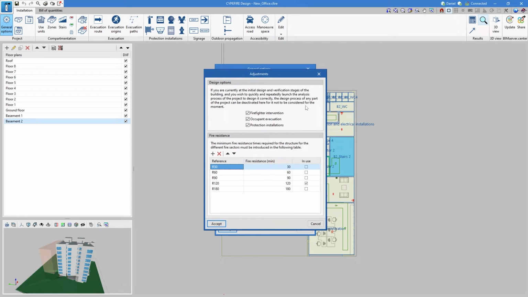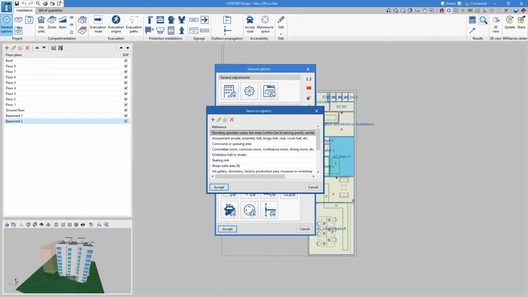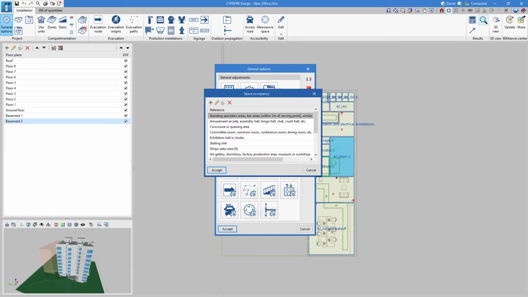Not only that, we can also set the design options, what kind of firefighter intervention we want to have, the occupants of the spaces, and so on. Of course, when you are doing this for the first time, this is completely empty. I mean, this is